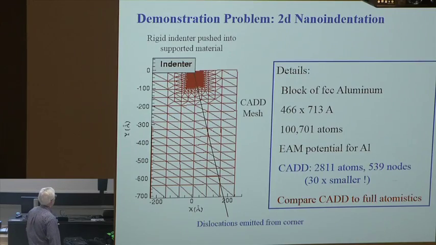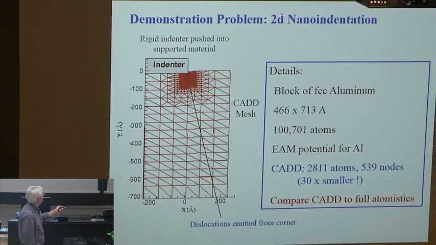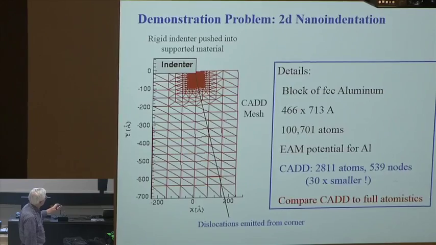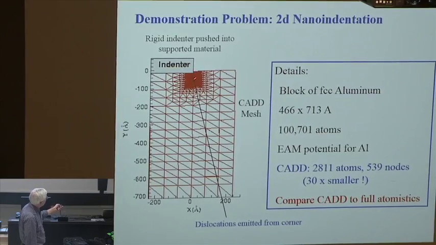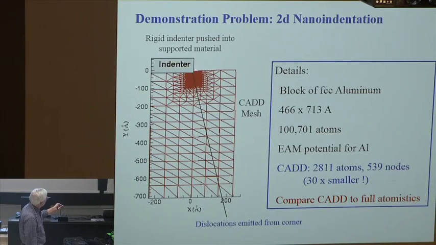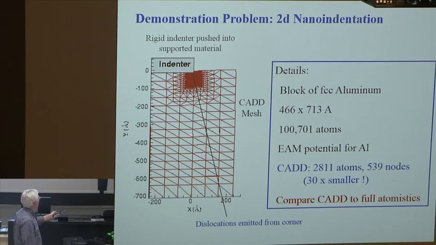So here's a test of that where we did a 2D problem. We have an indenter with a very sharp tip, and we indent it, and that nucleates dislocations here and sends them into the material. And so they're nucleated. That's an atomistic process. They then come down. They get pushed across the boundary from the atoms to the continuum, and then they come to rest somewhere in the continuum. And we do this problem